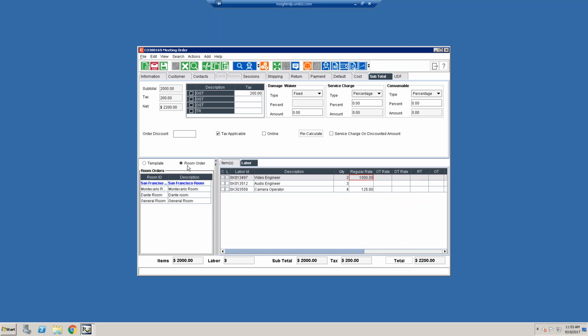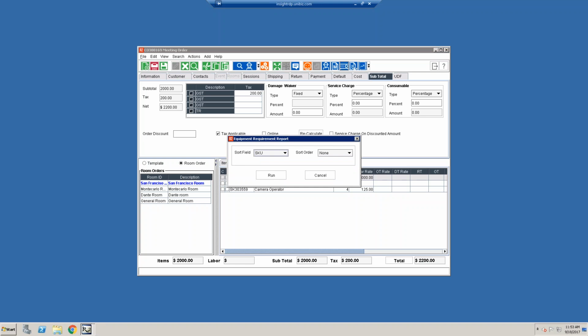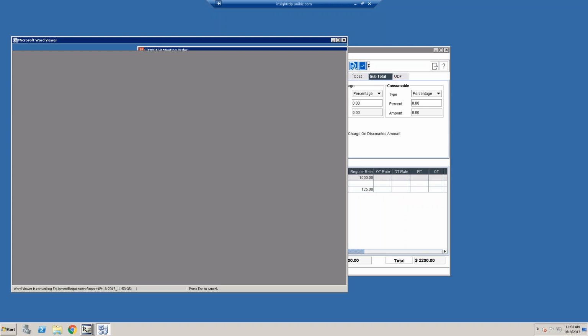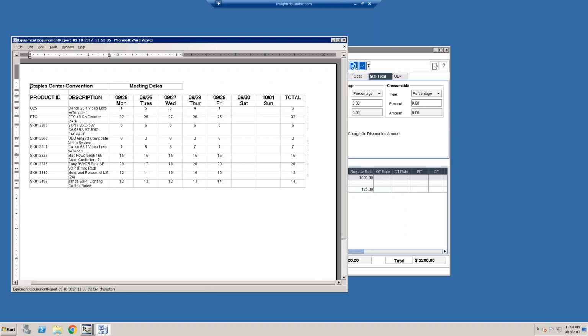So now that you have filled out your equipment in each of the rooms and you are satisfied with your equipment and labor for each room, as well as your meeting order, you'll want to go ahead and click on this button to print out the equipment required report. You can sort it by SKU or description, and you can run the report itself, and this report will generate a count of all your inventory for each of the days